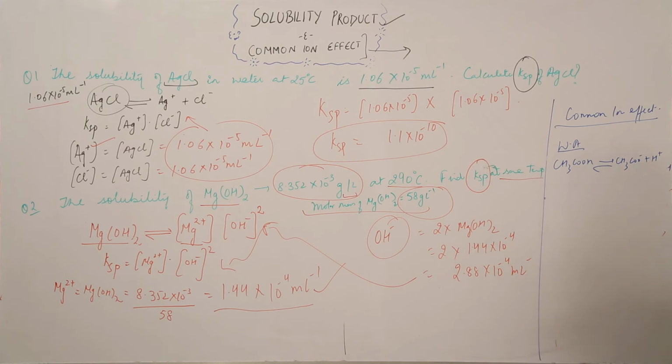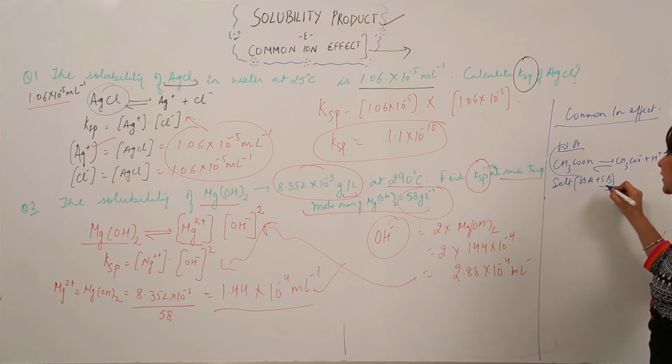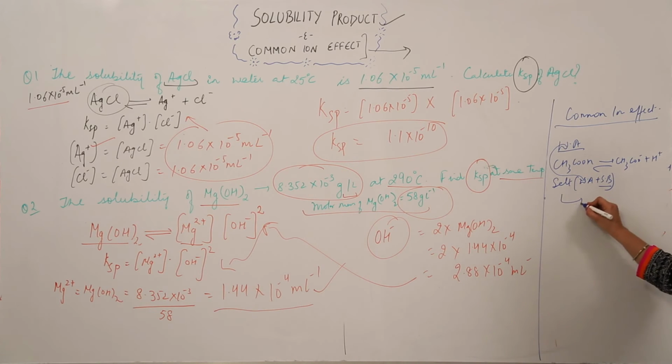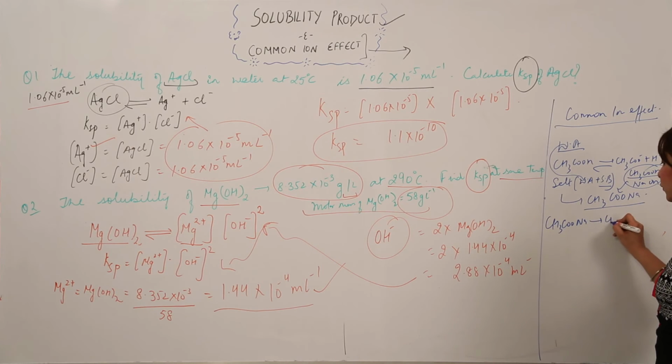Now what I do is add a salt to it, which is formed of a weak acid and a strong base. That means the same weak acid is here, but with a strong base. So let us take an example, CH3COONa, which is formed from acetic acid and sodium hydroxide. You know that acetic acid is a weak acid, NaOH is a strong base. They both combine to form sodium acetate, and we know that it gets fully dissociated. It's a good electrolyte, so it will dissociate to form acetate ion and Na positive.